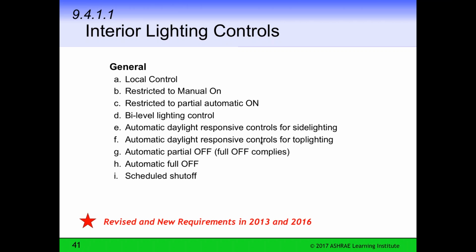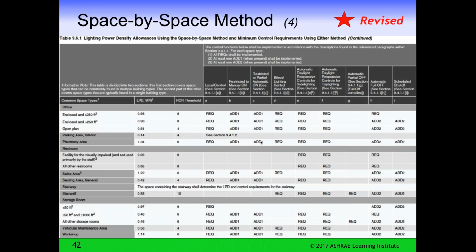Before we go in and talk about each one, what's important to understand is by looking at the space by space lighting power density method, which we'll come back to later on and talk about in more detail. What we see here for office spaces, the first line down, enclosed office less than 250 square feet, enclosed offices greater than 250 square feet, or open offices, you can see you have a lighting power density, LPD, in watts per square foot, 0.93, 0.93, 0.81.